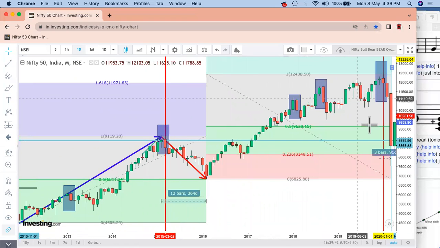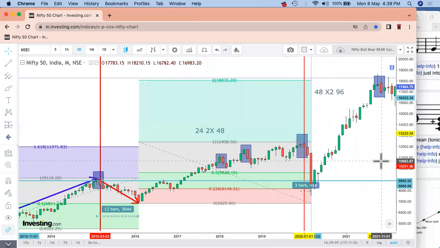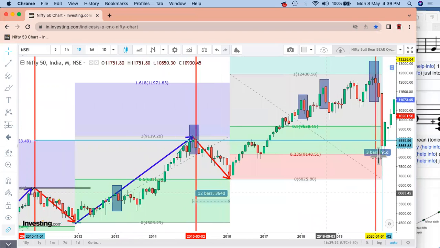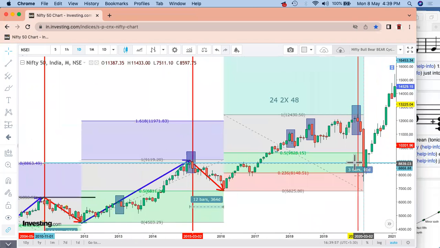But if the frequency and the vibration are at a different level, for example, here it is 23.6, so it goes to a different level. In terms of time, it is only 3 bars. Over here it is only a short one. 3 bars is somewhere around 2 months, not more than that. It started from 20th of January to somewhere around 24th of March 2020. So it was only 2 months, not more than that.